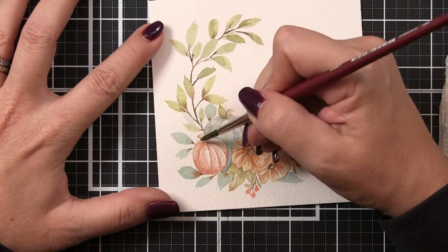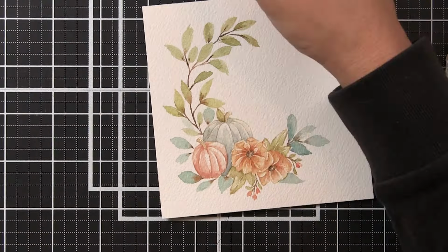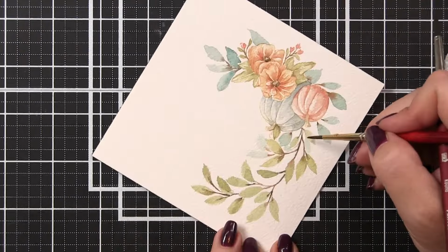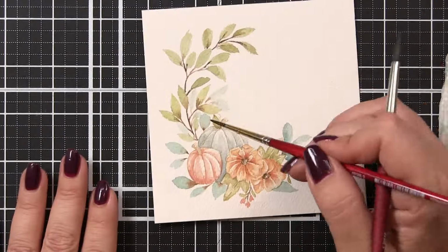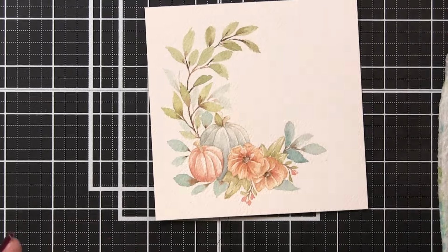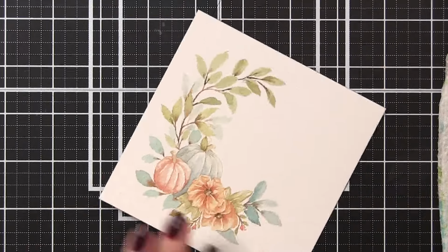All right, so here we go. Now we're adding in those lighter leaves that I was telling you about. So you can see here, I'm kind of mapping in with my hand and the brush here. I'm not touching the paper yet. I was kind of getting a feel for how the leaves might grow, because again, I'm working this behind our other leaves. You're not going to be able to see a lot of it. You're just going to be able to see some stems peeking out here and there, and then some leaves, not flowers, Dawn. So I kind of map it out, kind of move my hand to get that muscle memory going,